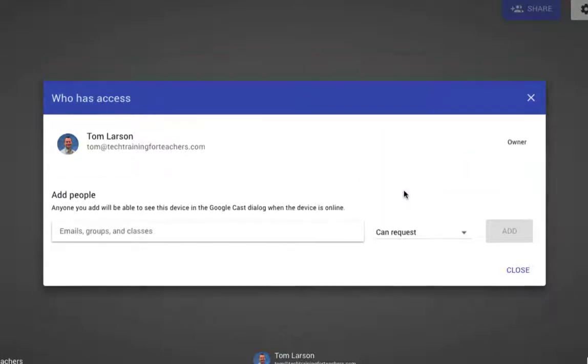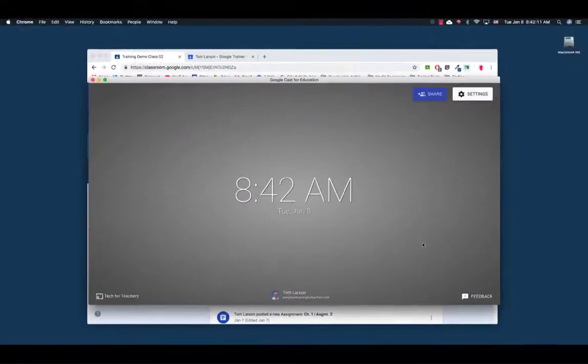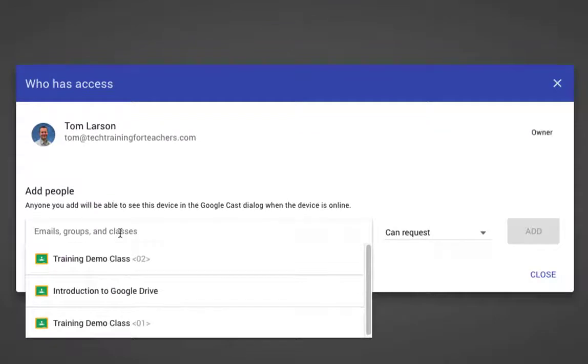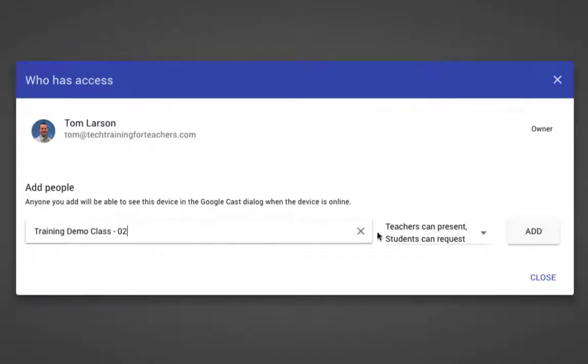So let me go ahead and remove everything and then close out of this so you can see what it looks like to add a class from the very beginning. We'll click Share, then Add People. We'll click in this region here, and then all of your Google Classroom classes will be listed. I'm going to choose this one here, Training Demo 2, and then teachers can present, students can request. Notice you can also set it to can present. That way, if a student presents, it automatically comes to this receiver. I'm going to leave this option set here. And then you have to click Add